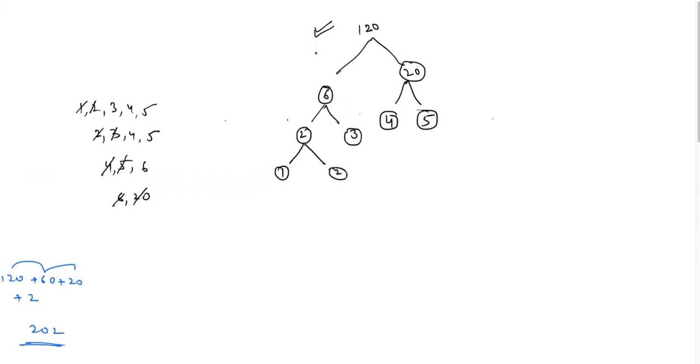Here we are not even looking at the possibilities of what the cost of the tree will be if I combine 2 and 5, if I join 2 and 5. So the brute force way is that you look at all the possibilities. If you are looking at all the possibilities, then you are talking about the dynamic programming solution, and the dynamic programming solution is an expensive solution in terms of time, right? So what we are doing is that rather than going with the dynamic programming solution, we are taking this